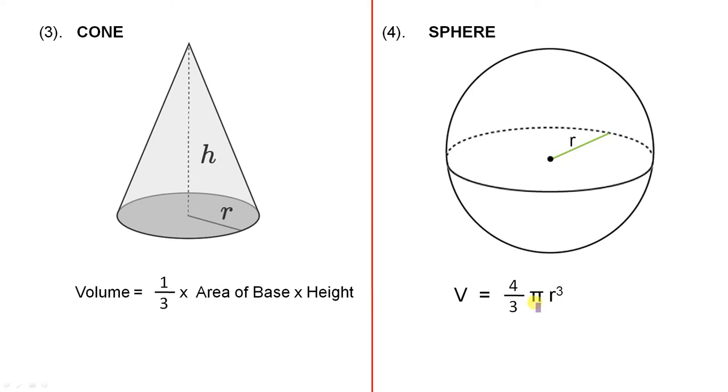And you'll always be given the value of pi. Sometimes it'll be the approximate value of 22/7, and sometimes it'll be 3.142. So this video has given us some basic examples where we have seen how to calculate the volume of